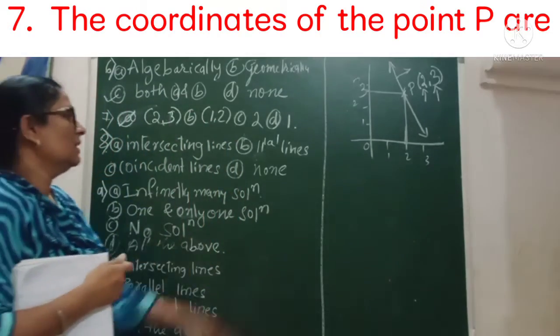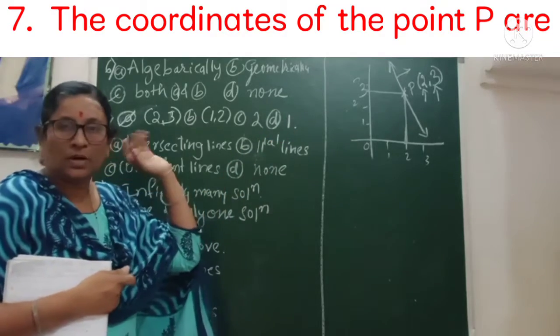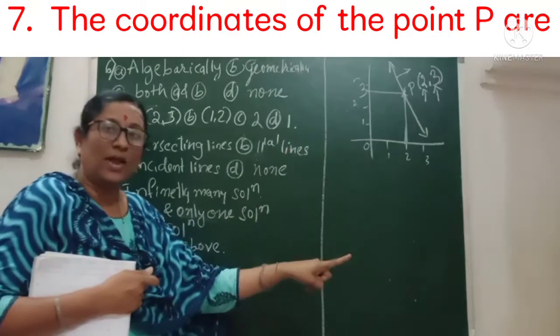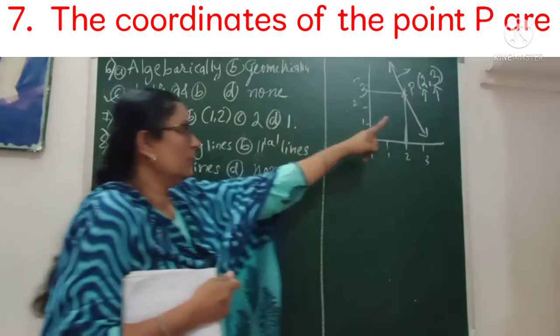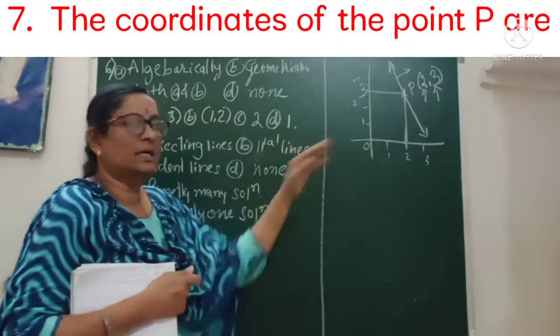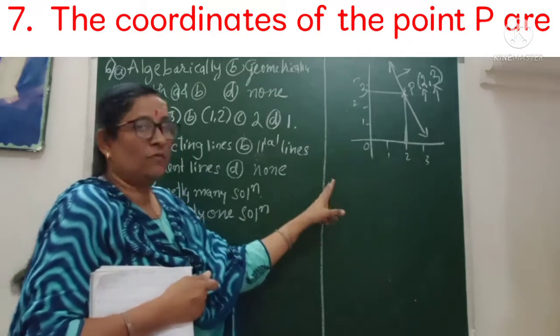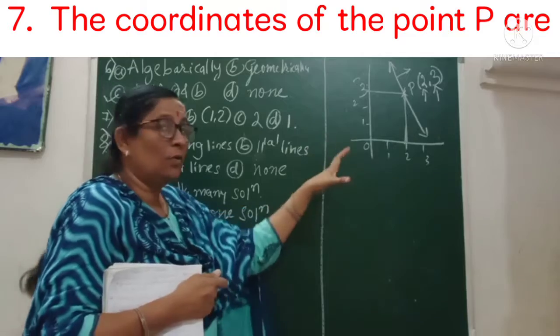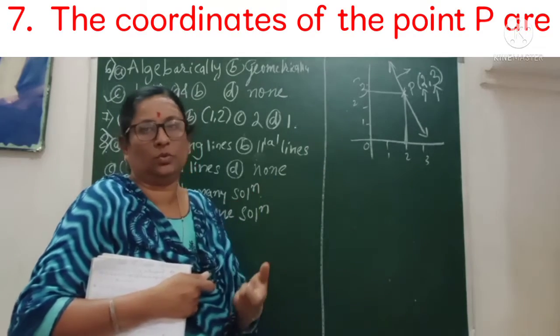See, sometimes I have seen it's a mistake they make. Don't do this, because they ask for the coordinates. If they ask only for the value of x, then you get 2. If it is y, write the respective value. So these are the questions you are going to get. I am just helping you with how to practice and what to go through in the lesson.